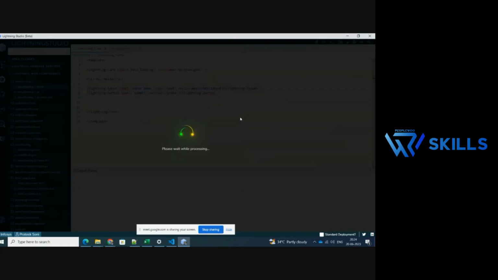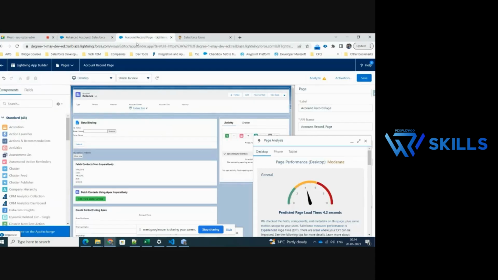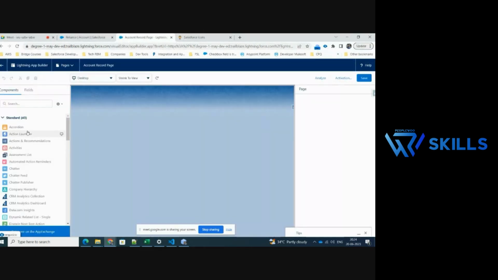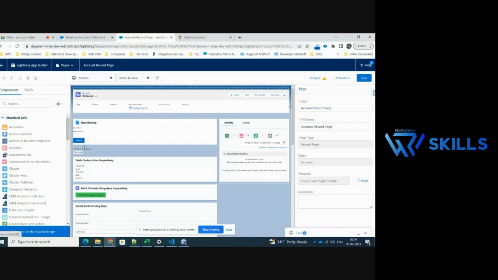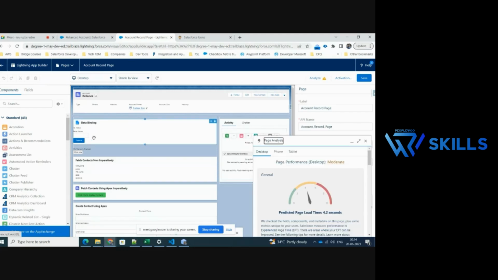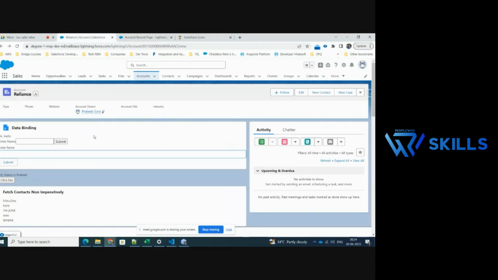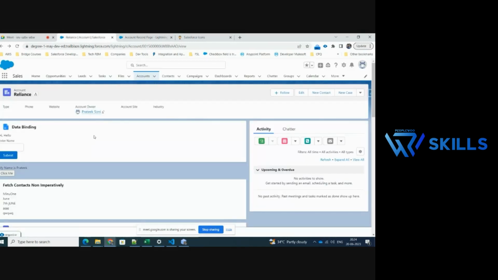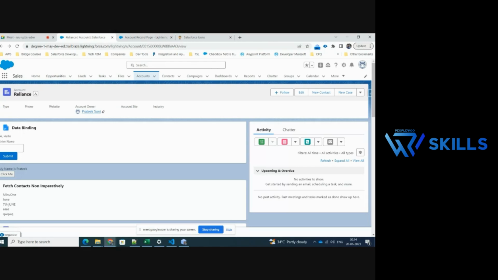So I'll save it. Okay, so see, the size of the lightning input has been reduced. Okay, so I'll save it, and we should be getting the latest code here. Okay, so still it looks clumsy. We don't have spacing on the left side, then everything is attached to each other. We will see how we can